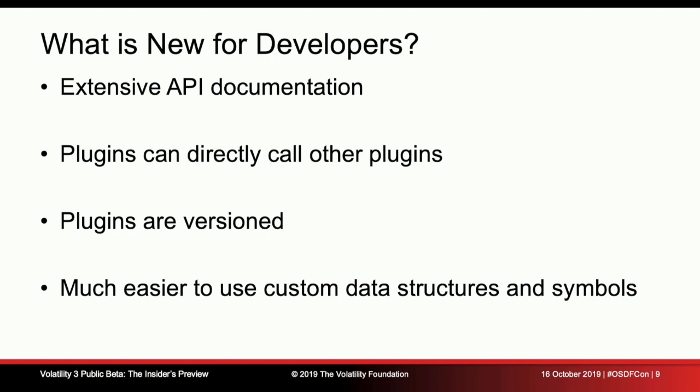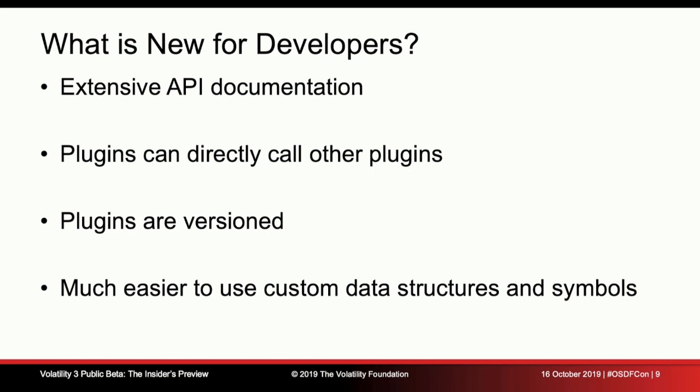So now, if you have a plugin that already exists that outputs timestamps, you can simply write a little bit of code that implements the Timeliner interface, and when you run Timeliner, it'll automatically get pulled in, it'll automatically get run against the system, and it'll automatically give you all of the various timestamps that you're after.